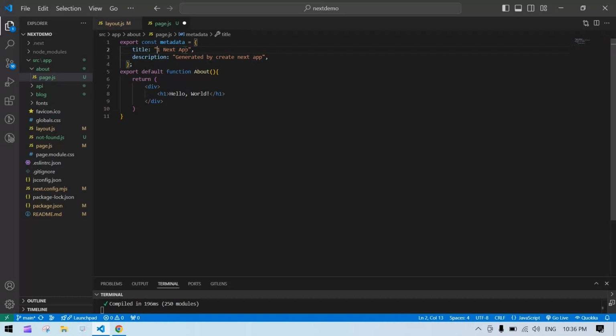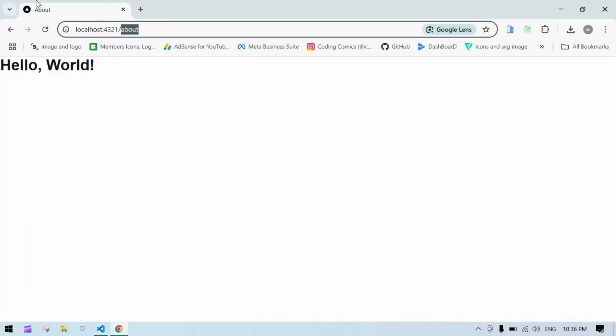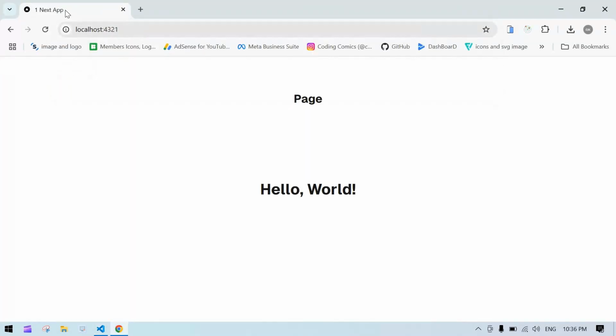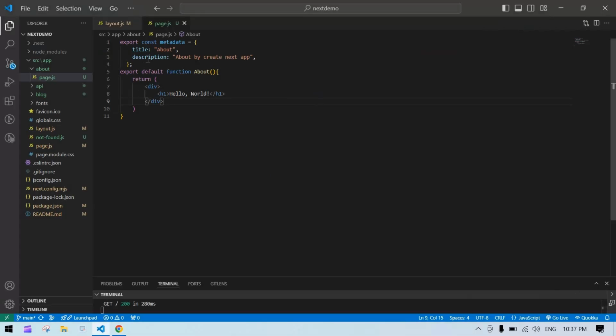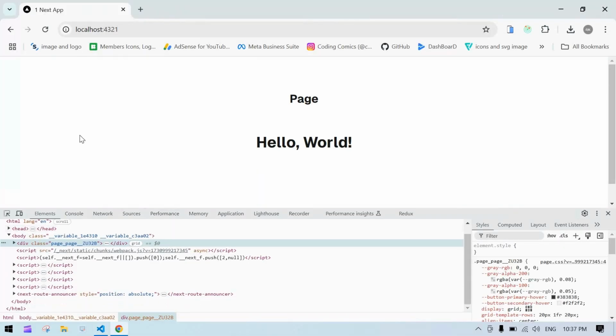Okay, so this is about, and I just add about here, save this, and see, right now it is showing about. If I remove this, it is showing the default one, the global one. Okay, and if I inspect, we are able to see this description also. Right now we are in global,